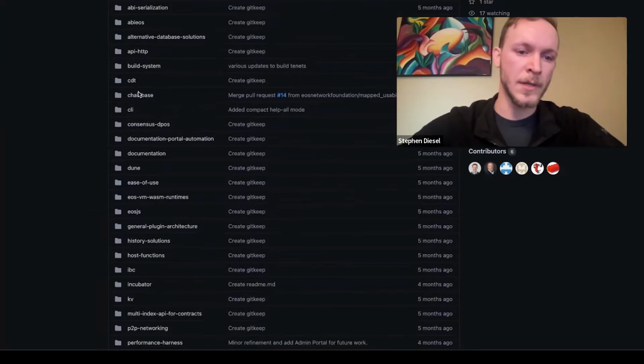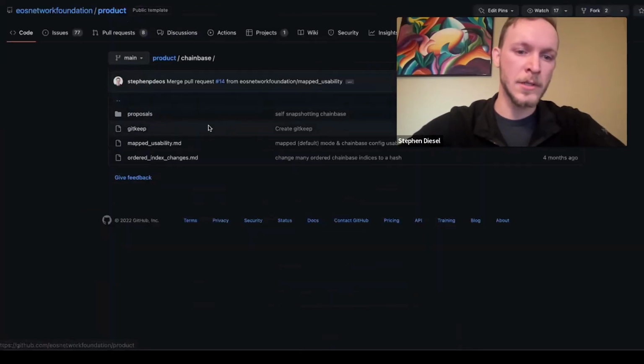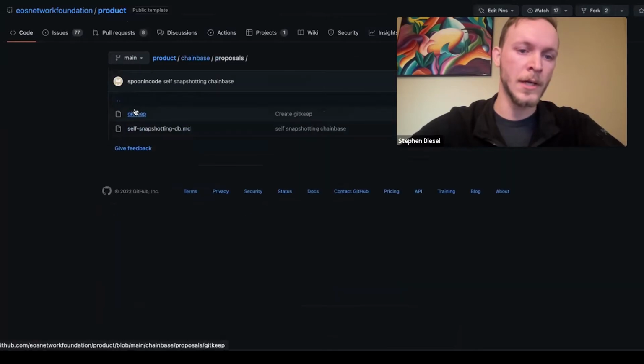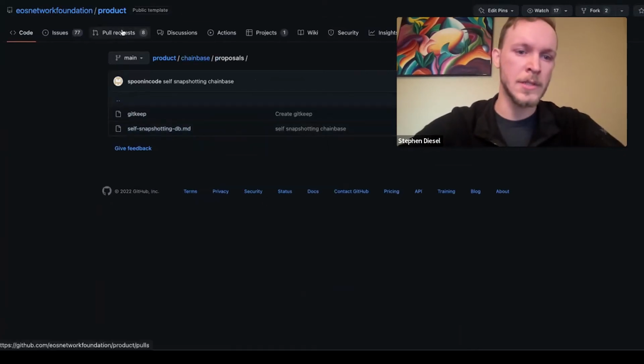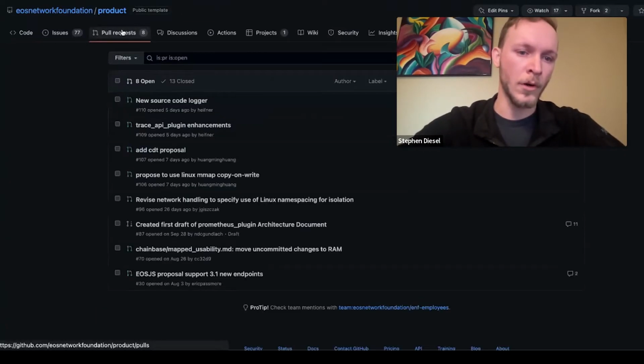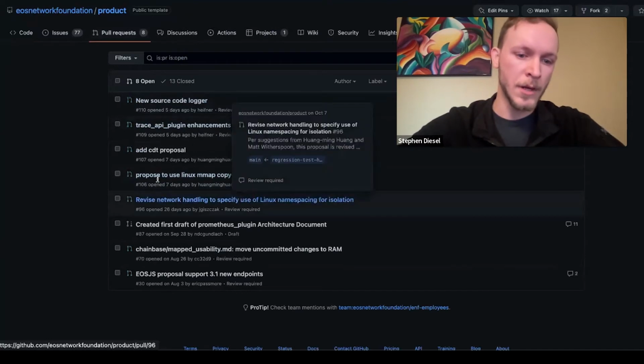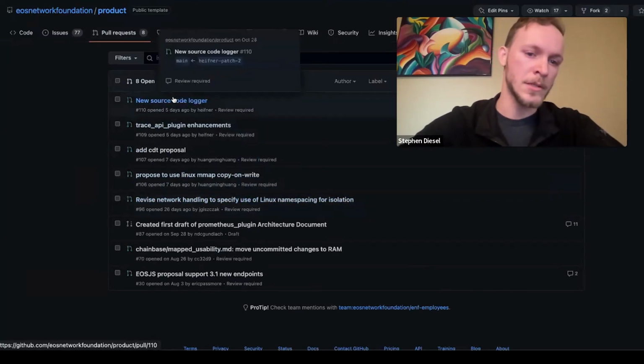Within each of these spaces, we've been starting to define a little bit of the scope of existing work, but also in subfolders starting to submit proposals. And the way that these proposals are taking place right now is still kind of in process, but the way that it looks today is basically via pull request. And you can see here we have a number of outstanding PRs that we need to discuss with the team,